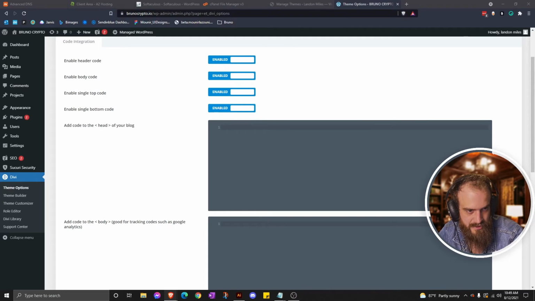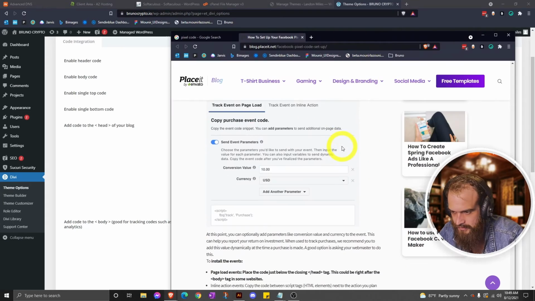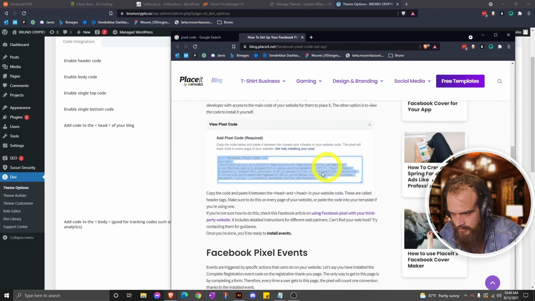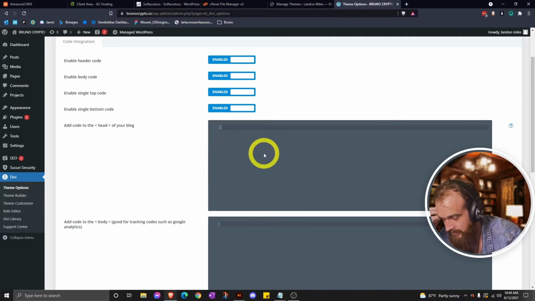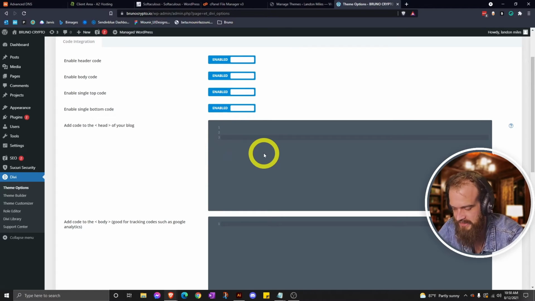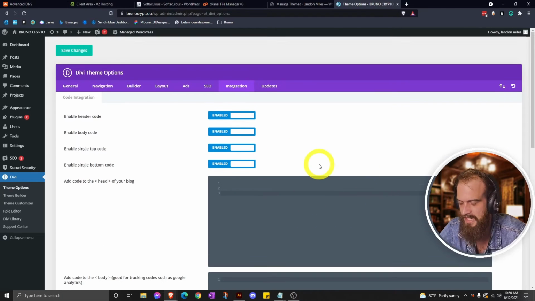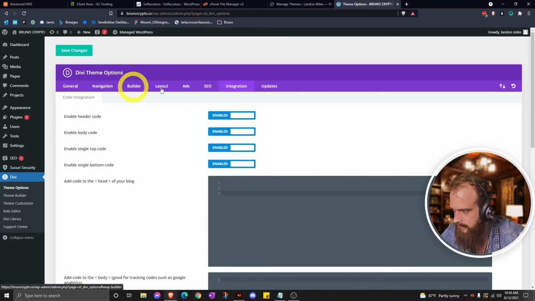So yeah, you'll be in Facebook, and it'll show you this big block of code. All you're going to do is copy and paste that into here. And then you can add another space and then paste in the Google Analytics as well. Same process. So now you've got your tracking, you've got the basics of your design set up,